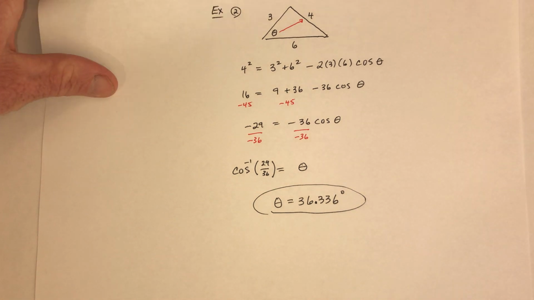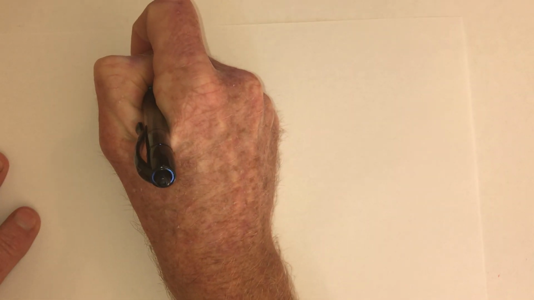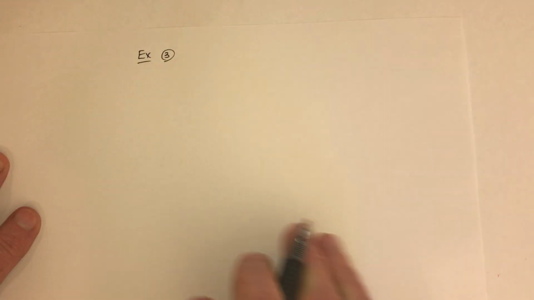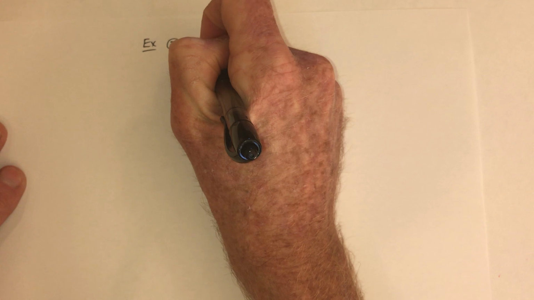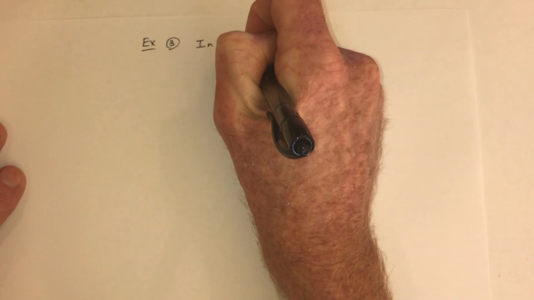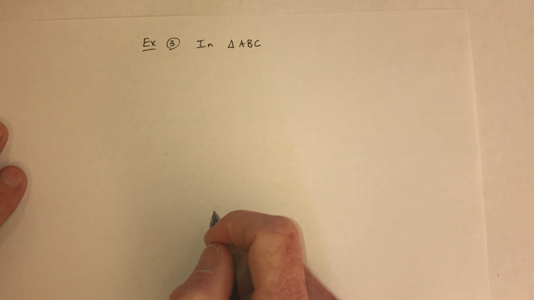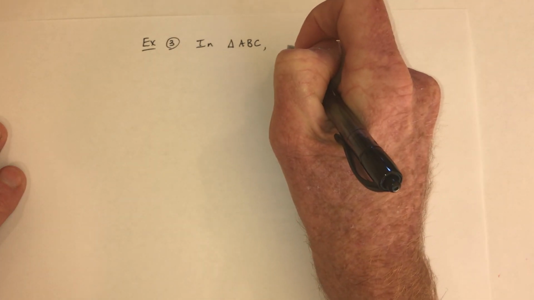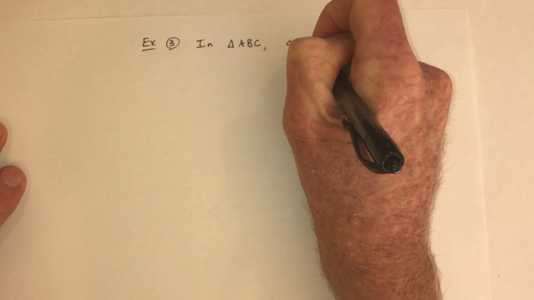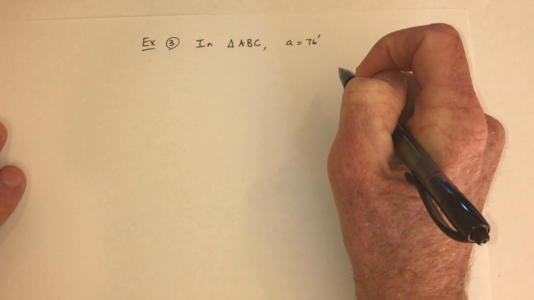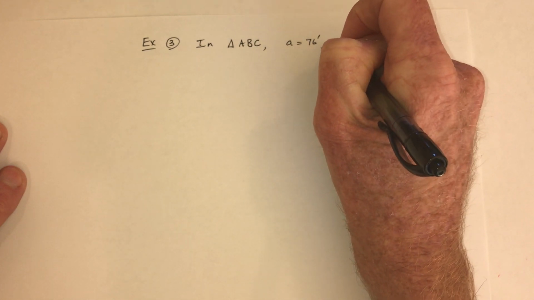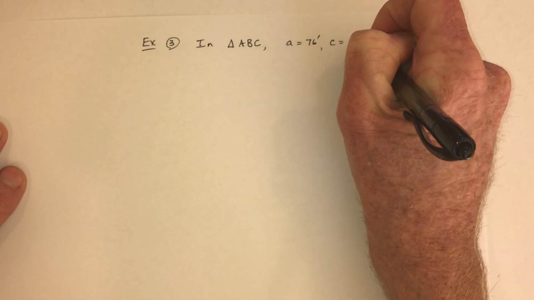Then for example number 3, what if the picture is not drawn for you? So for example number 3, we're given in triangle ABC, side a is 76 feet long. Side c is 43 feet long,